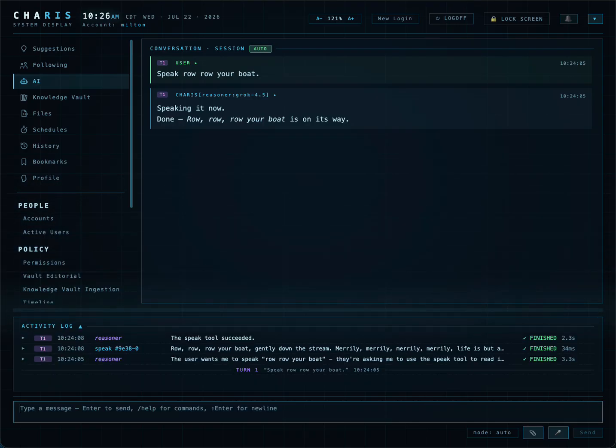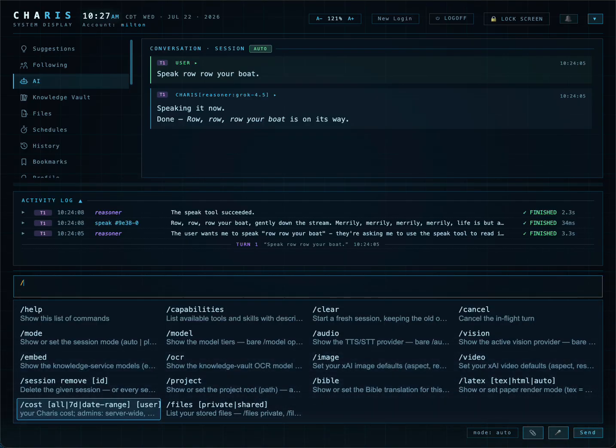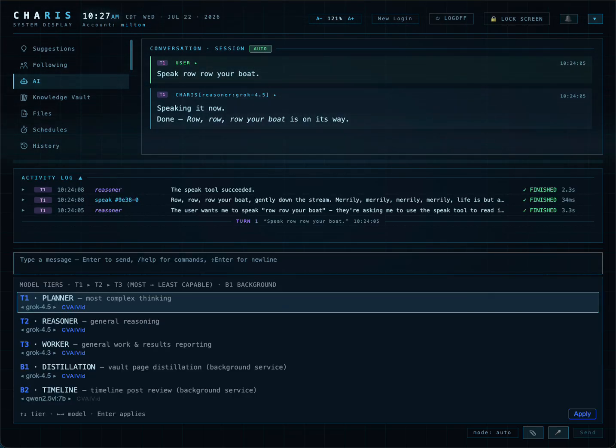Yeah, okay. Something about setting it makes an error. So models, these are the thinking models that you can choose from. So I have Grok and, well, I have Anthropic